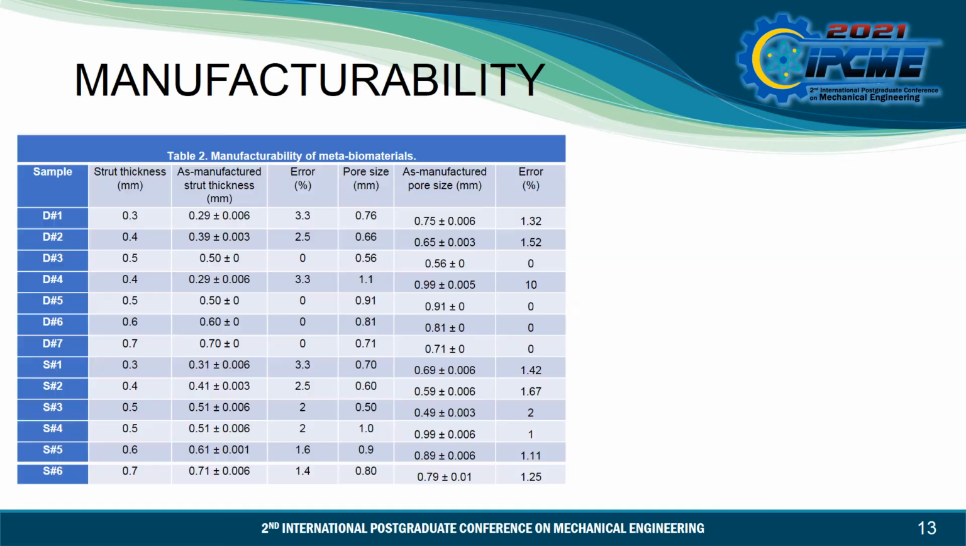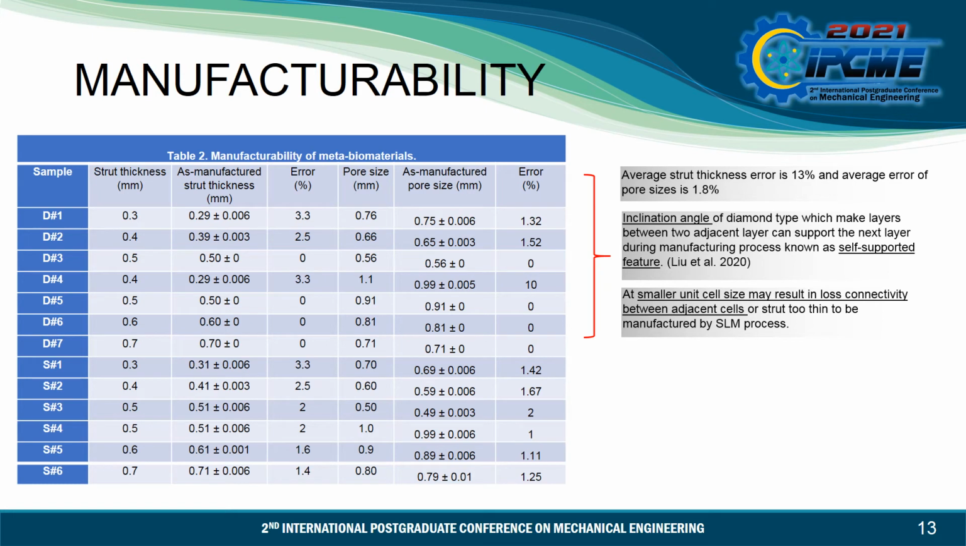Okay, for discussion, Table 2 summarizes the manufacturability of the meta-biomaterials, which can be evaluated by the strut thickness and the pore size. The results of the manufactured samples are compared with the original CAD design for both samples. Okay, from the table, for the diamond unit cell type, the average strut thickness error is 30% and the average error of